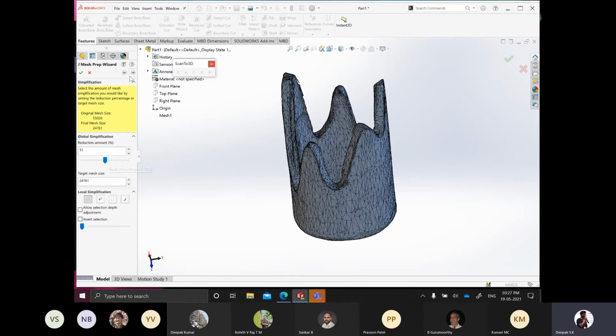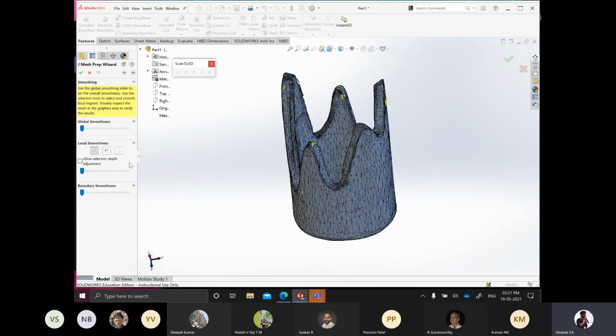Yeah, so we'll go further, and now comes the smoothness. If you can see here, if I increase the smoothness, you can see the model was rough, right? It has become more smooth now. As I increase it, you will be able to see the difference. I'm not sure if the smoothness is visible on your screen, but I can visually see these curves getting smoother and smoother.